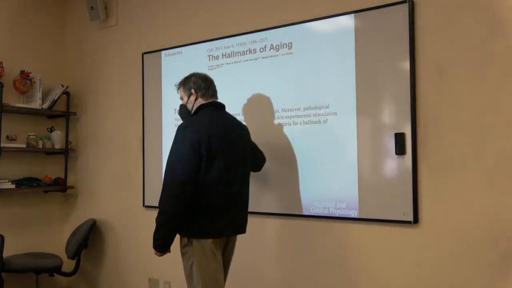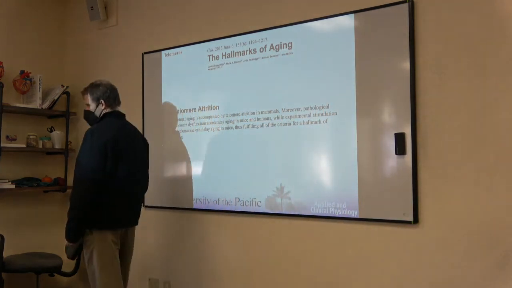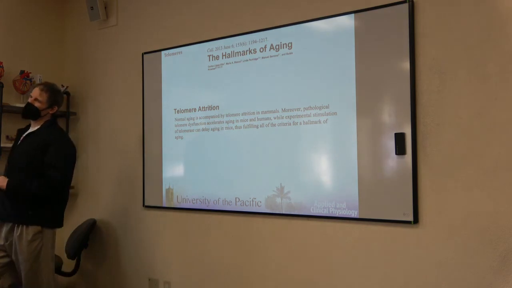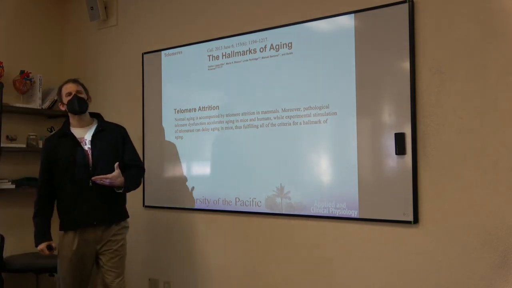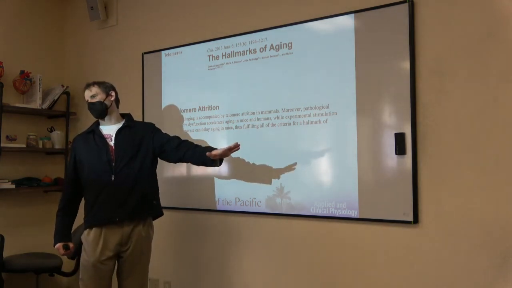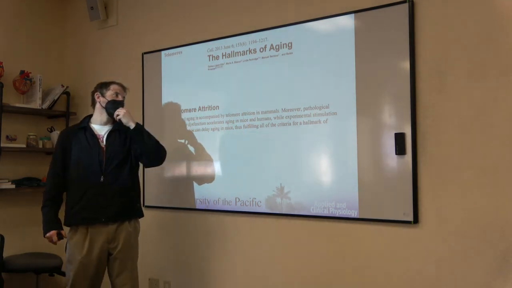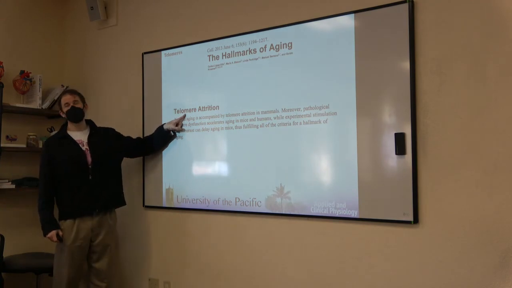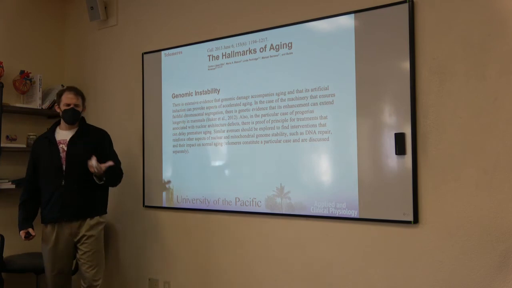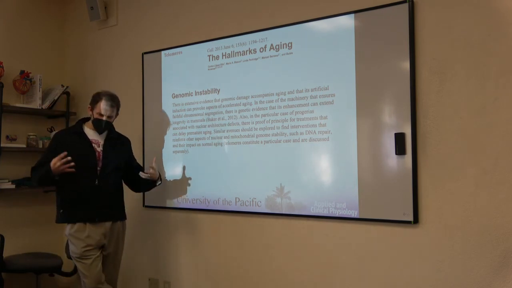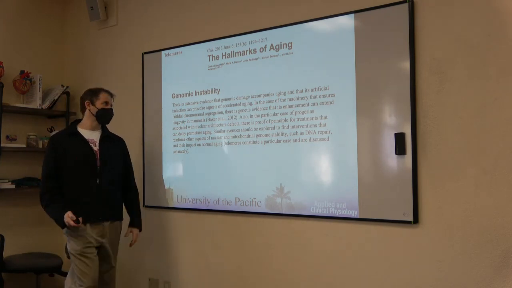In this article, they talk about a bunch of different characteristics of aging. You don't need to know any of these. I'm not going to ask you about any of these characteristics of aging. This is just for context. This is just to say that telomeres aren't everything. They do talk about telomeres, telomere attrition. That's one of the components. Genomic instability beyond the telomeres. Right, DNA damage accumulating, and that is going to change with age.